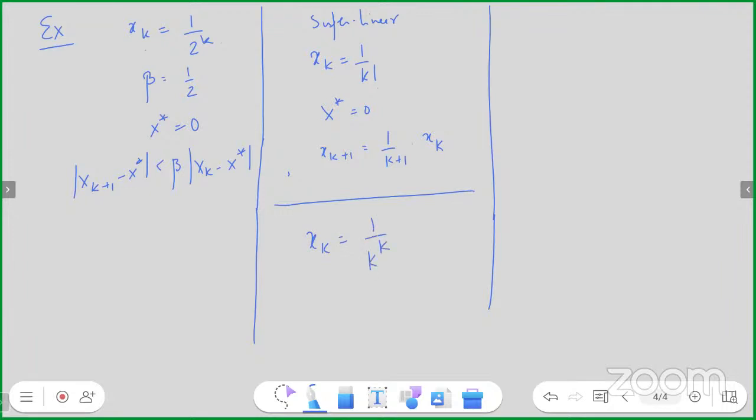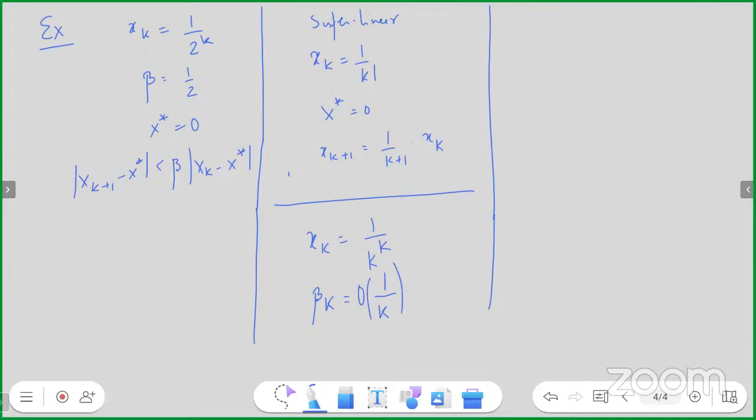What kind of sequence is this? Among all the convergences, is it superlinear or even stronger? Okay, so what is beta k? What is x_{k+1}? 1 by k plus 1 to the power k plus 1. So how much is remaining? It's order 1 by k, not exactly 1 by k, but